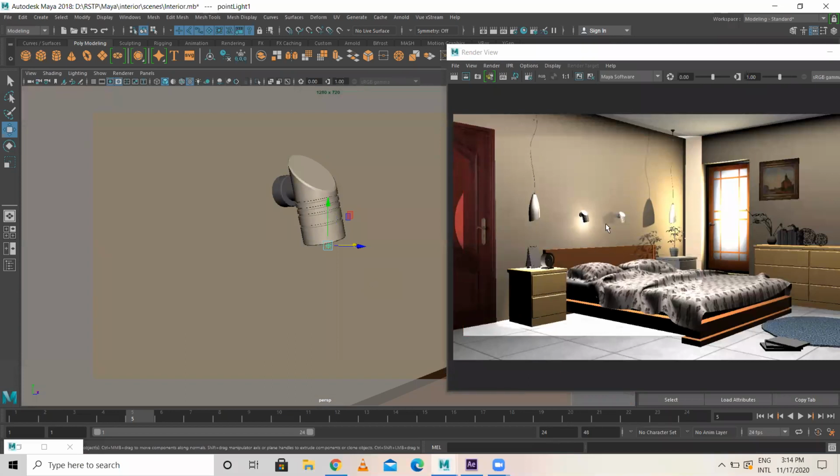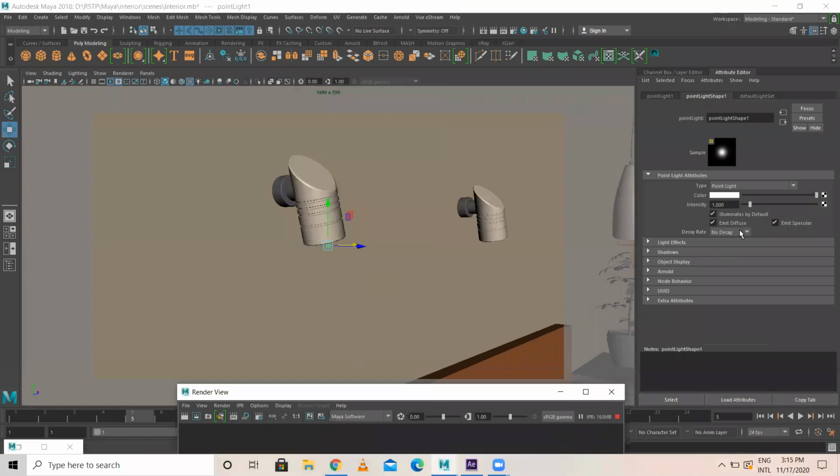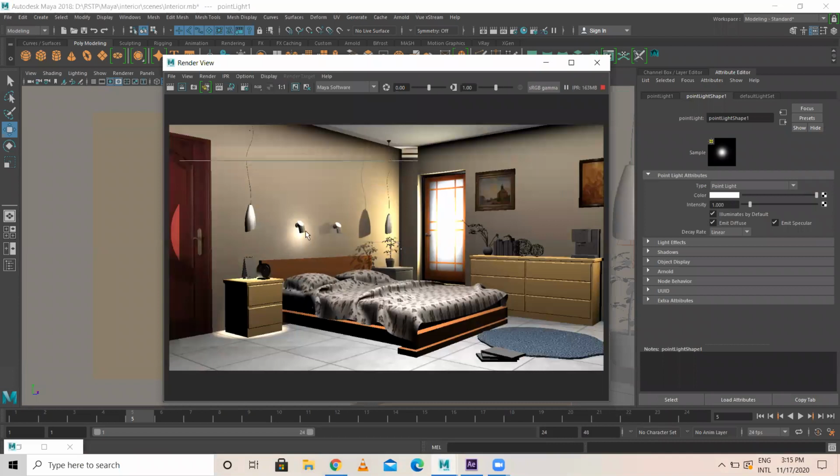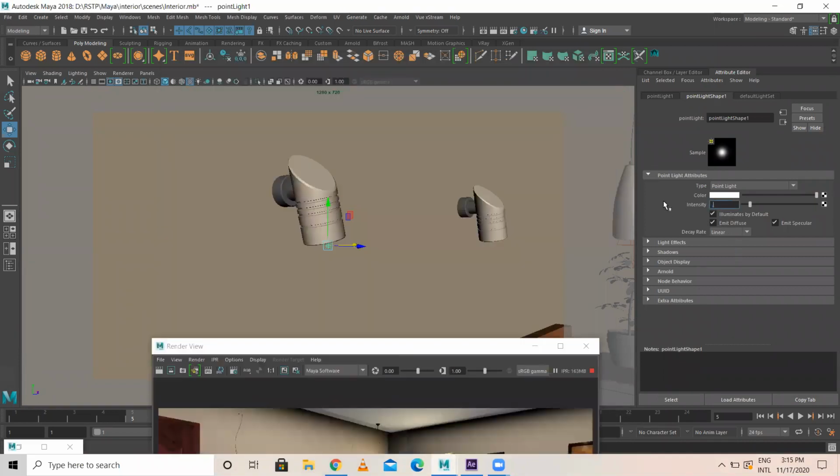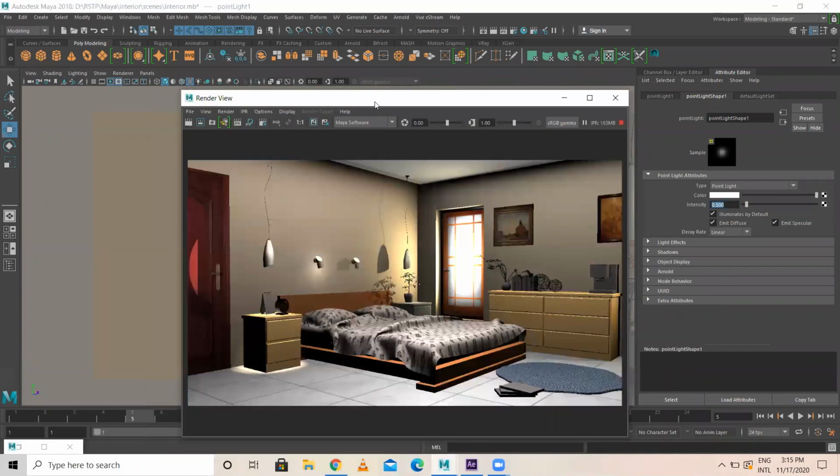See, like this, okay. And in this point light, instead of no decay, make it linear. So if you make linear, this looks something like this, okay. And intensity, I'll make 0.5. It's okay, something like this, okay.